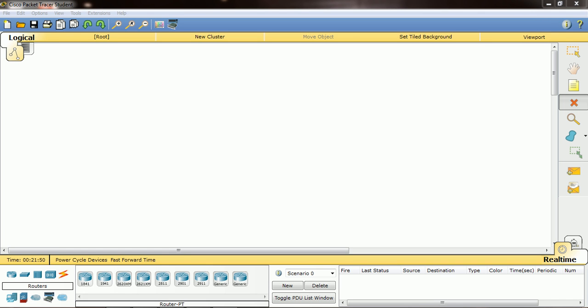Hi, myself Sinraj. I am going to teach about the DHCP configurations in router using Cisco Packet Tracer with the different VLANs. Right. So I am going to take routers and